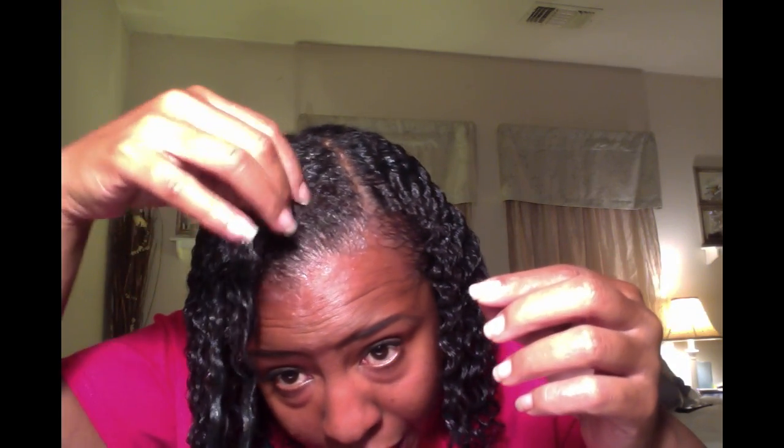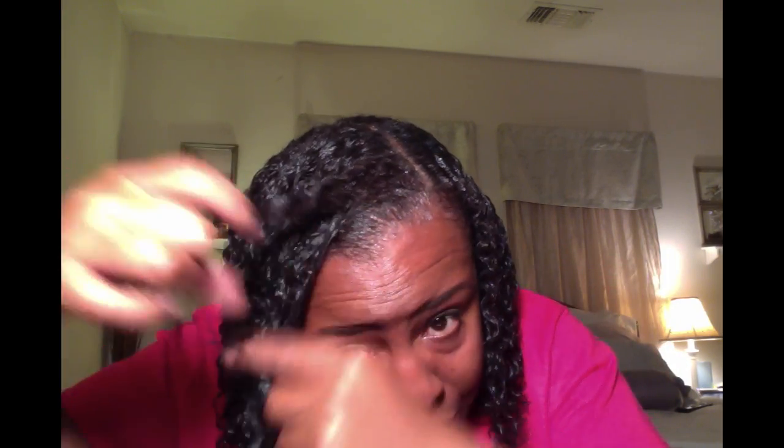Okay. So I got all that stuff in. And I'm gonna show you what I do to the top hair. Really, I had some heat damage back in I think October, and I cut it up to here, so it's back. But I'm noticing that there was probably more like here because my true hair texture is